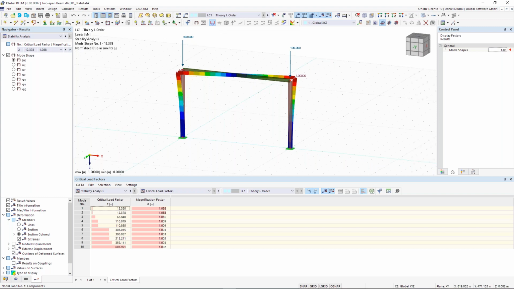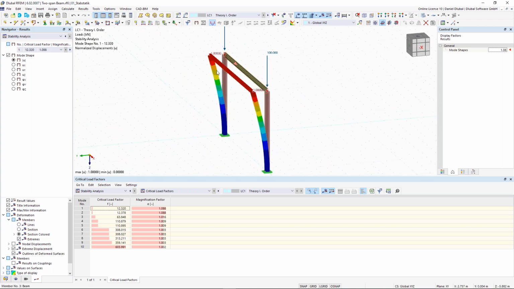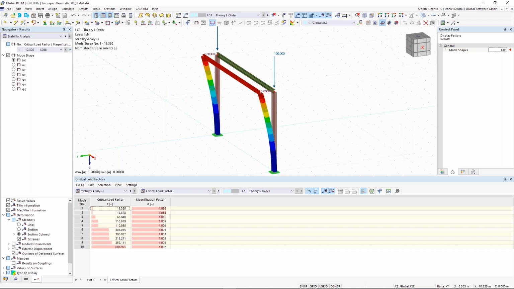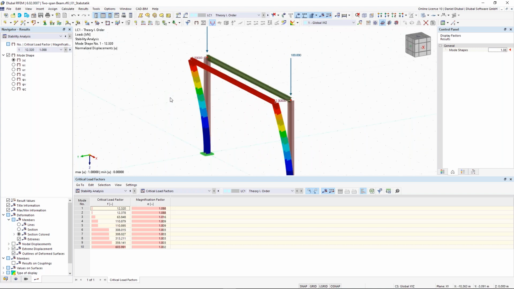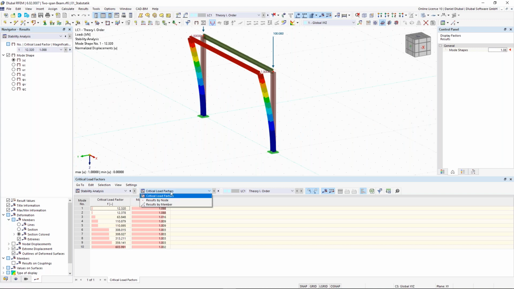And the next one is in the plane. Okay. When I would be a structural engineer, what I would do is avoid the bending, avoid the failure out of the plane by adding some lateral support. Okay, so let's take a closer look at the